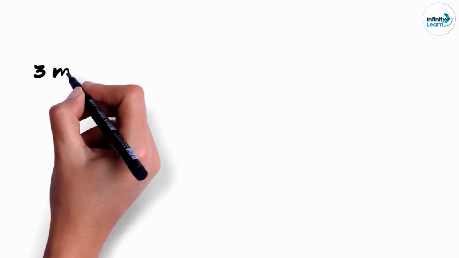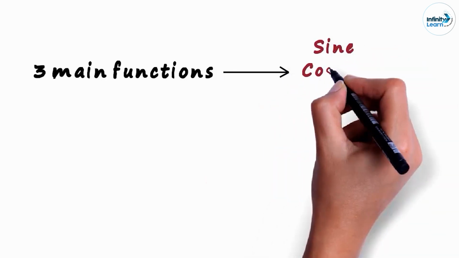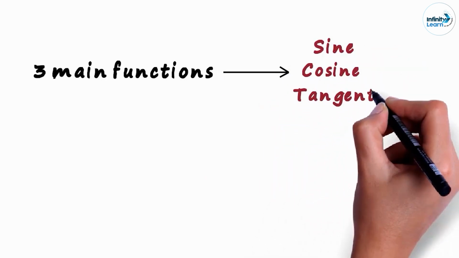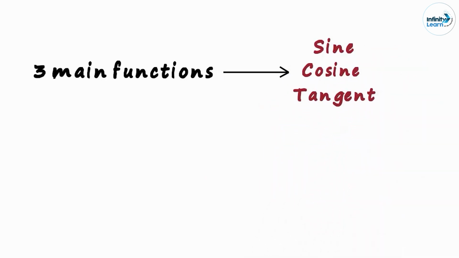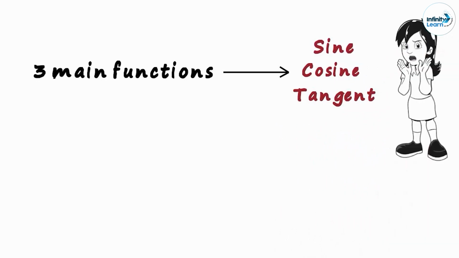We have three main functions in trigonometry. Three really important ones which you will come across often. They are sine, cosine and tangent. Here's a fact. The names of all the functions in trigonometry sound scary. If it's the first time you're studying trigonometry, there is a very slim chance that you've heard any of these